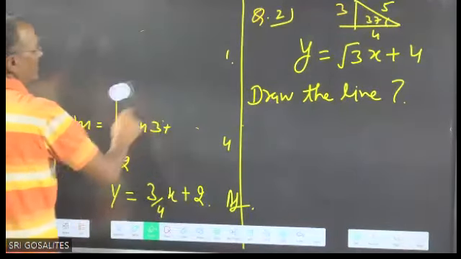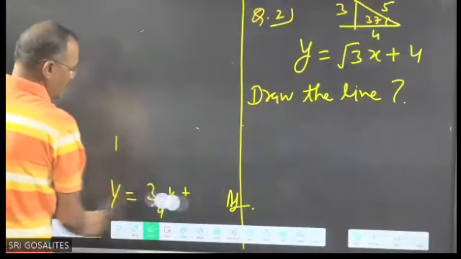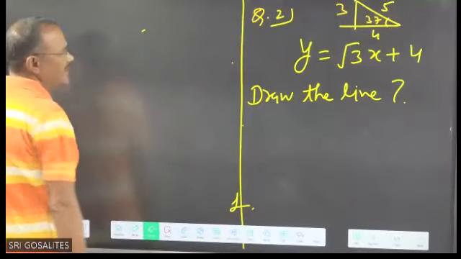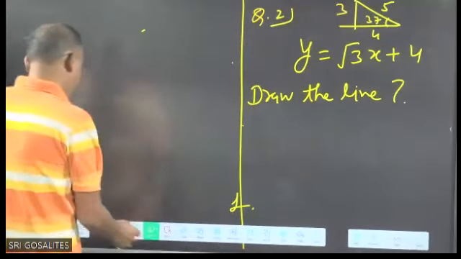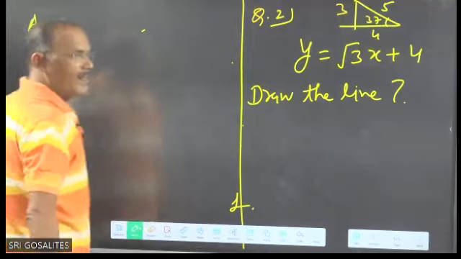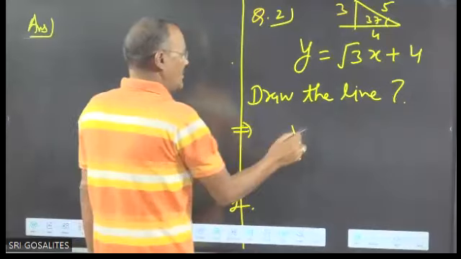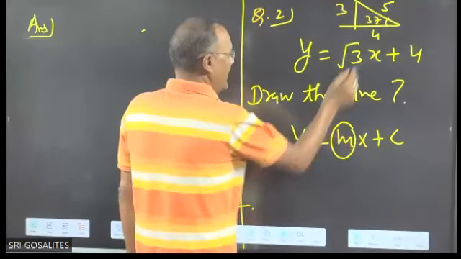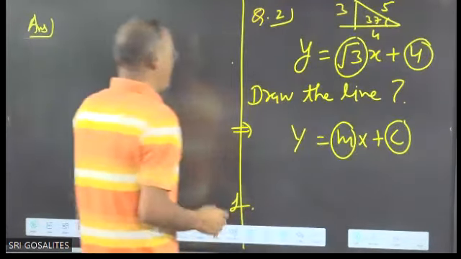Some of you are not attending the classes properly and then posting your doubts. So first you should make it clear: tan 37 is 3/4, sin 37 is 3/5. Now see beta, how to solve the second. Many of you have answered the second. If I compare this with the standard equation y equals mx plus c, what is the m? Root 3. What is the c? 4. So we can write